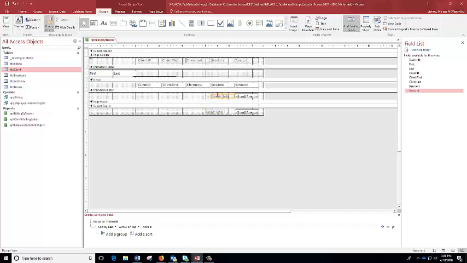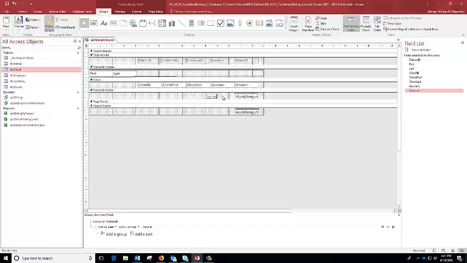And I don't have this one lined up on the 5-inch mark. I don't know what I did there. Let me undo and see if I can get that fixed. It's doing something a little quirky on me. So I am going to just go back and put that label in there again. Not sure what I did to make that one